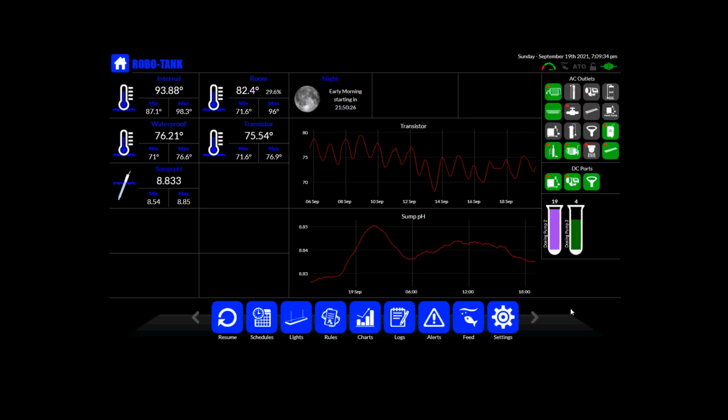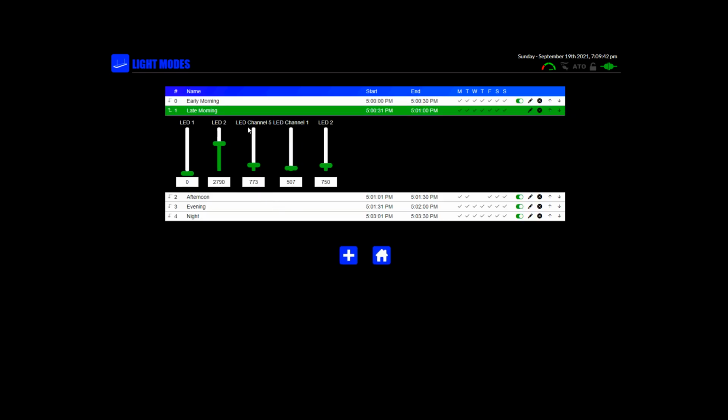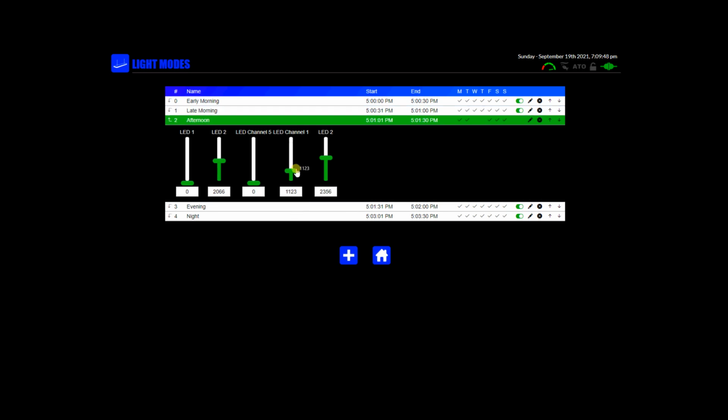Now we'll go over the light modes. On our dock here we have our light modes. If we click that, we get our list of light modes that are set up. If you click on any one of them, you get the different LED channels on the controller that you're using. You can just move the sliders up or down, or type in your number. When you hover, you get the value. You can edit,